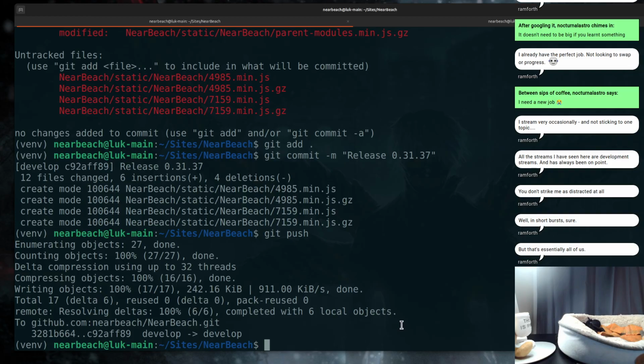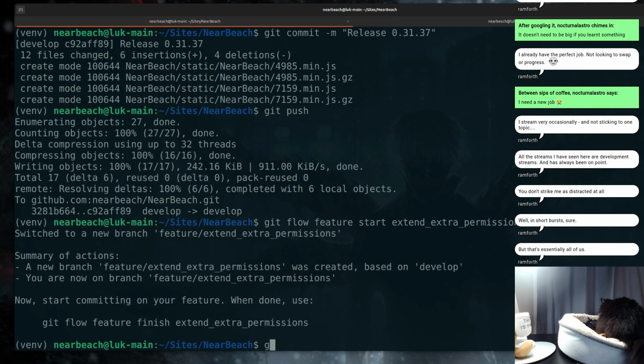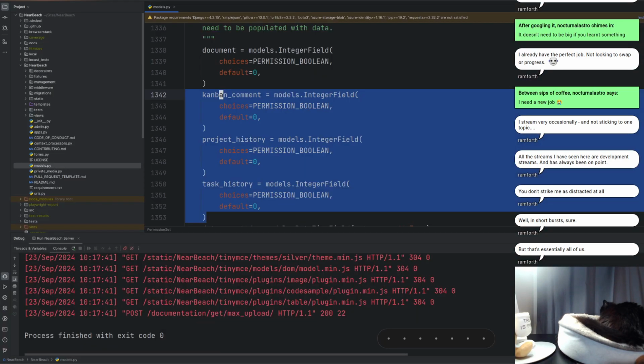And I am going to go git flow feature start extend extra permissions. All right, cool. And there we go. It is done. We're now on a new branch,